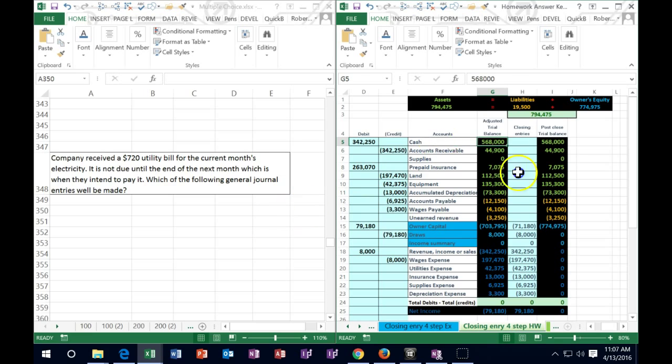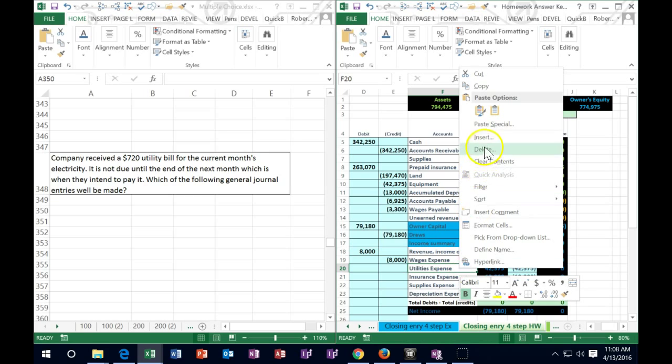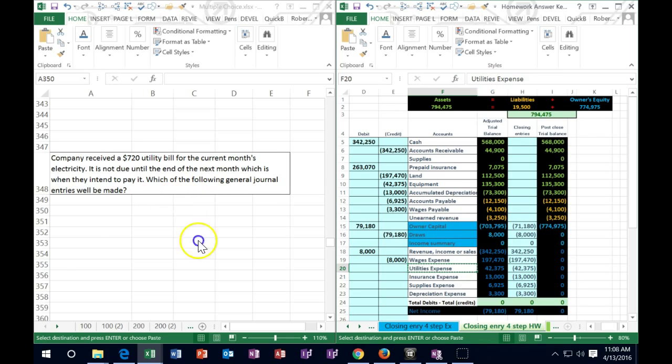So I'm going to say, is cash affected? And the answer here is no, it's not affected. We got the utility bill, but we didn't pay it yet. We're going to pay it next month. So we want to record it, but not to pay it. So how are we going to record it? Well, utilities, that's going to be an expense generally. So we have an expense. Expenses are debit balance accounts, and they usually only go one way. They go up in the debit direction. So we're going to debit utilities expense. So I'm going to debit utilities expense